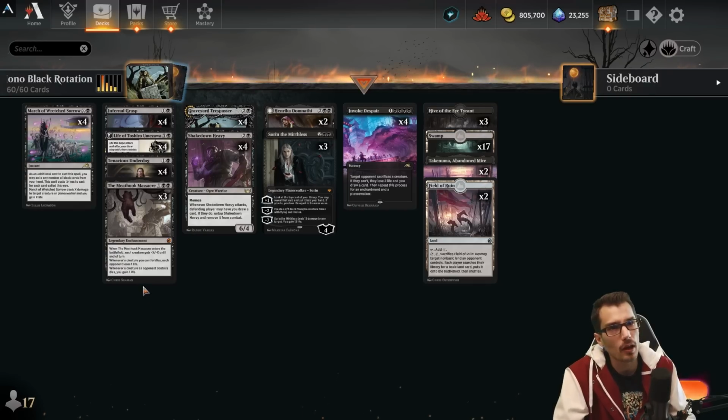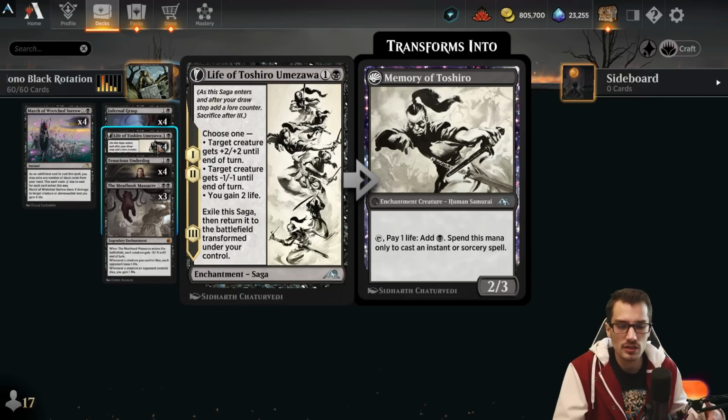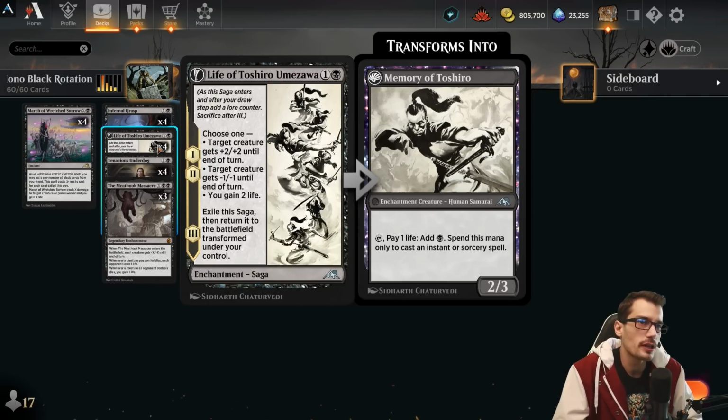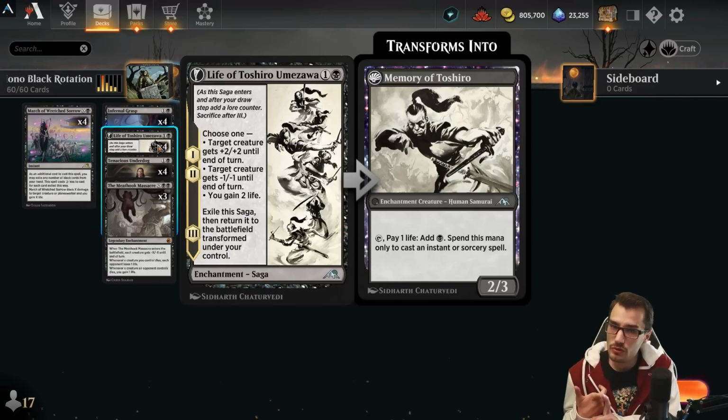My favorite card in the build, it's not the Meat Hook, believe it or not. It's going to be the Life of Toshiro Umezawa for 2 mana. And on the first 2 triggers, of course, when it enters, and then on your next draw step, choose one. Target creature gets +2/+2 until the end of turn. Target creature gets -1/-1 until the end of turn. Or finally, you gain 2 life, right? So it can buff your creatures up. It can remove your opponent's creatures, which is pretty cool, or just help sustain you within that life total, which